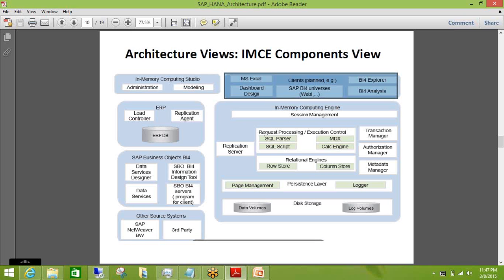Now, this is an IMC component view. Don't get confused by it. Rajesh, Shiva here, sorry to interrupt you. On the left hand side you have mentioned SAP Business Objects, right? It's not one of the data sources, I believe; it's a kind of reporting tool, right? No. When we talk about Business Objects Data Services, it's an ETL tool for SAP. Oh, okay. Why we are using Business Objects Data Services here is that when we are interacting with BW, we are trying to leverage BODS. So that's why this is mentioned as a data source there, because ultimately an ETL tool will be connected to your data source, which is nothing but your BW. Got it. Thank you.